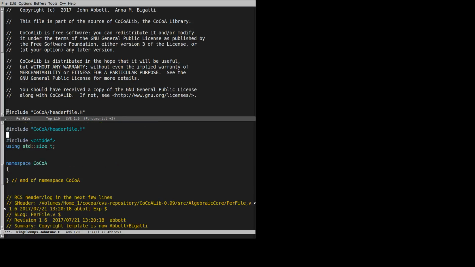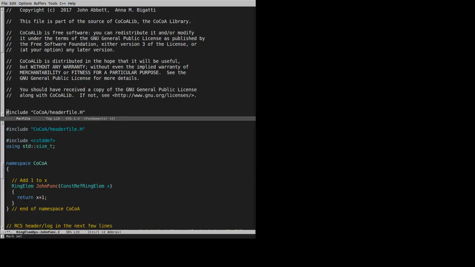function definition in. Everything that's part of CoCoA-Lib should go inside namespace CoCoA. We didn't really say too much about what namespaces are. The advantage of putting them in the namespace CoCoA is it doesn't matter if the function has the same name as a function, say, defined in the standard template library, or a function defined in someone else's program. Because implicitly, when we put it inside the namespace CoCoA, the function name gets a prefix CoCoA. Actually, to be really precise, it gets a prefix ::CoCoA::